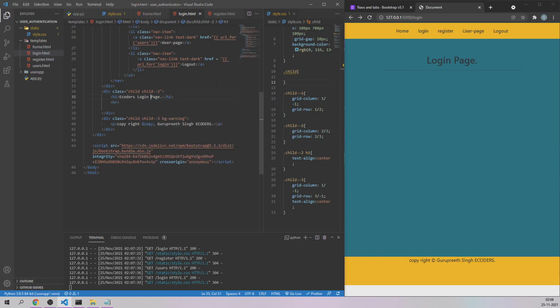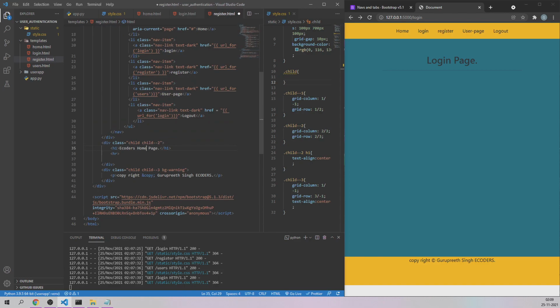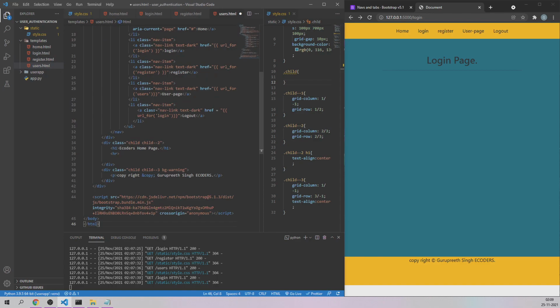Let's save it, and come to the register page, Control A, paste it once again, and here let me change this to register page. Let's save it, and that is also done. Let's come to the user page, Control A, paste, and instead of home page, let's make it user page.